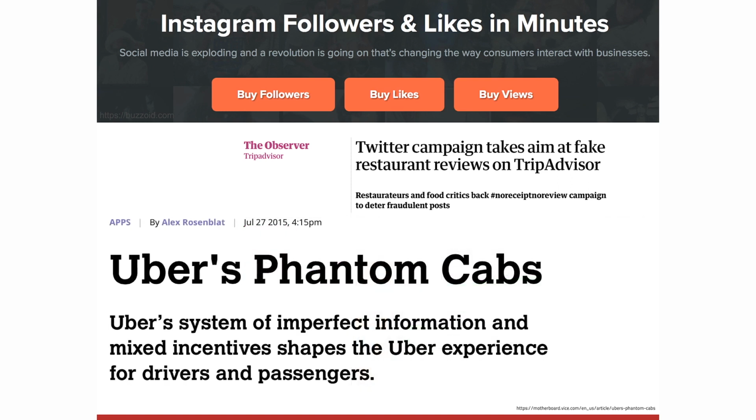And even on Uber, and I'm not sure if it's the same case for MyTaxi or Free Now, or whatever these platforms are called now. But there was a really interesting article by Alex Rosenblat. Put yourself in the shoes of Uber. You always want to give the consumer, as I mentioned before, a good matching experience. So if you open your phone and you want to order a taxi, it looks good when a taxi is